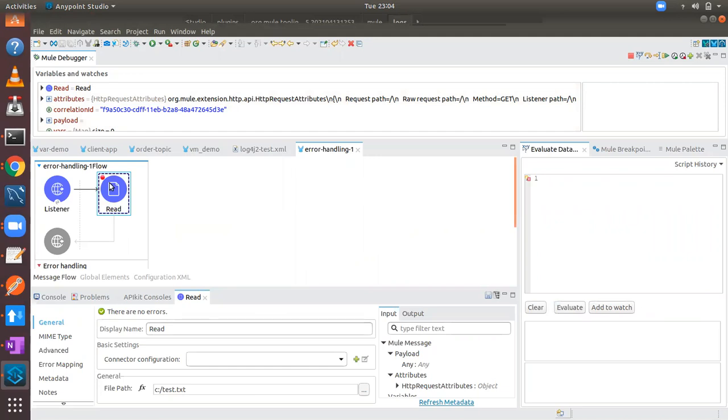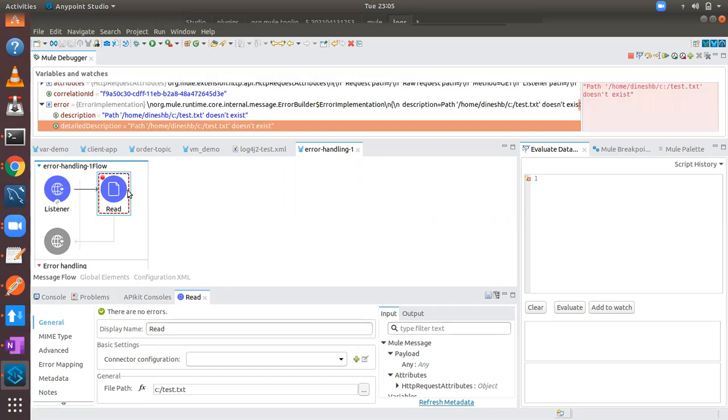It is trying to read a file, but the file is not at the right path. If I press F6, what happened? You got an error. What is the error? The error description says the txt file does not exist.